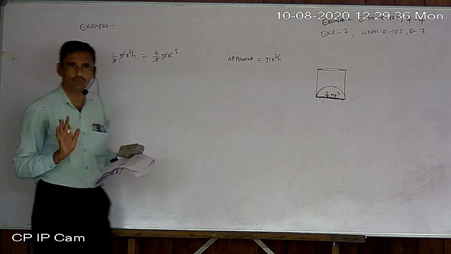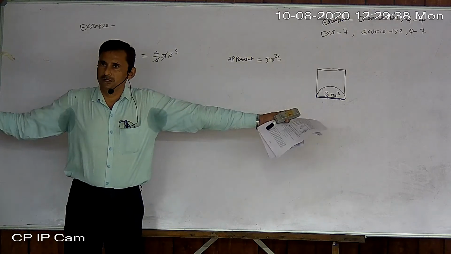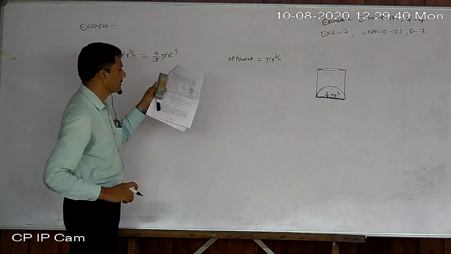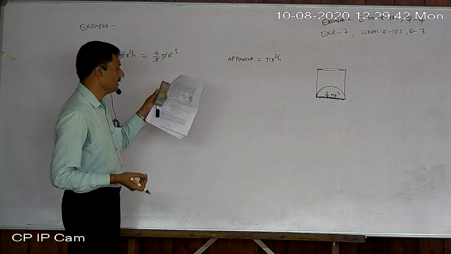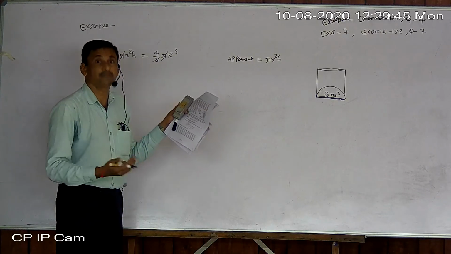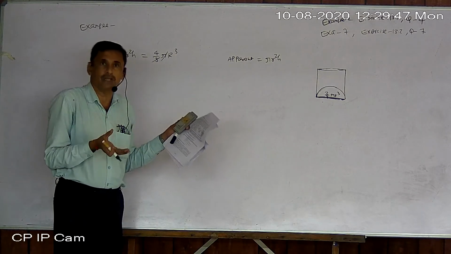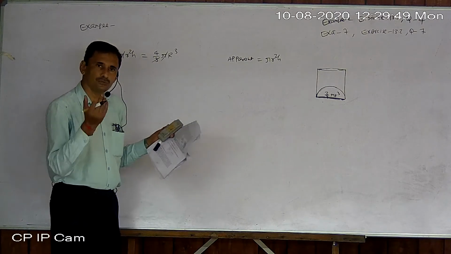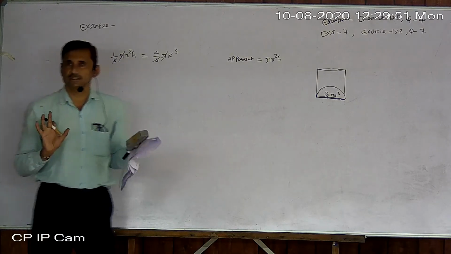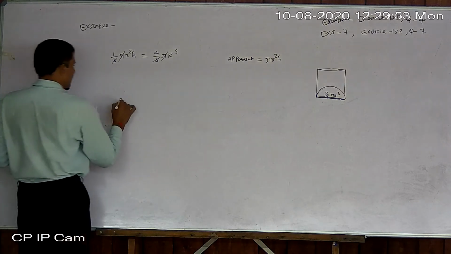How to find cube root? Just by factorization. They have done factorization here: 3 multiply 3 multiply 3 multiply 2 multiply 2 multiply 2. So 3 appears 3 times, and 2 appears 3 times. Both are 3 times, so the cube root is 3 multiply 2, which is 6. You will get the cube like this.